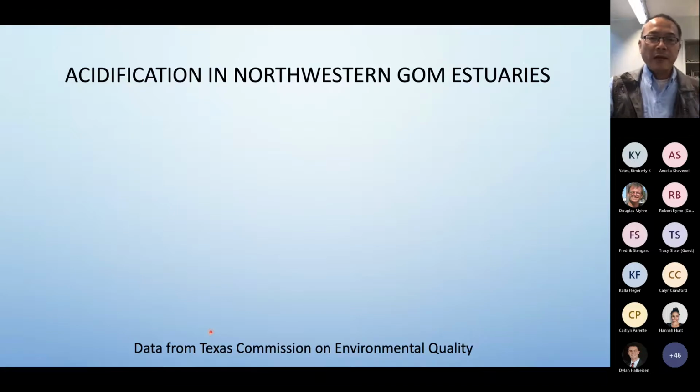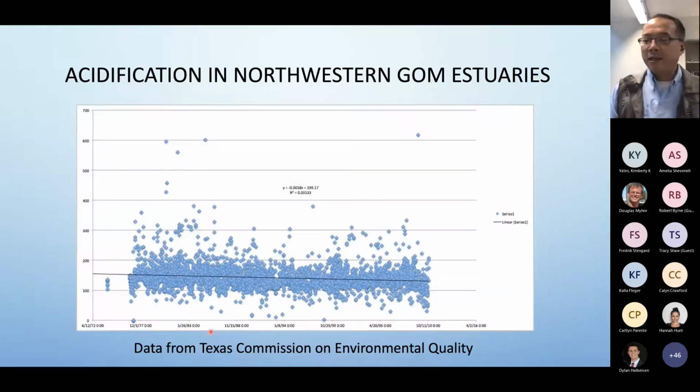All right. So now let me show you one of the very first figures I plotted. I got here in 2012 to join the university, and I was looking around to see what I could work on. So I talked to a colleague, Paul Montani, and asked, do we have any historical data? He said, well, yes, we do. And he handed me this bunch of data. That is alkalinity data in the entire Texas coast in all these estuaries. This is a very rough plot, the first plot I generated.